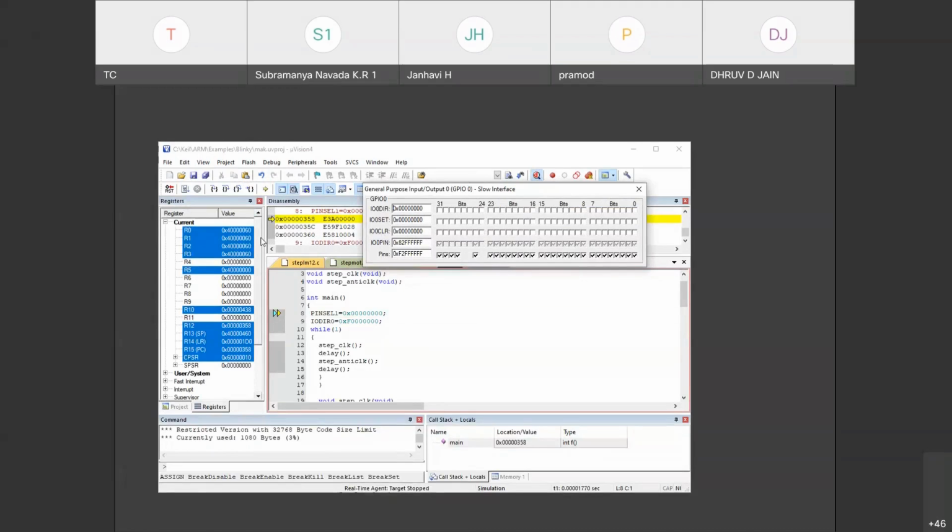When I run this, you can observe 9, C, 6, 3 combination. Next 6, C, 9, 3. That's it. So four combinations. You can see the pins.